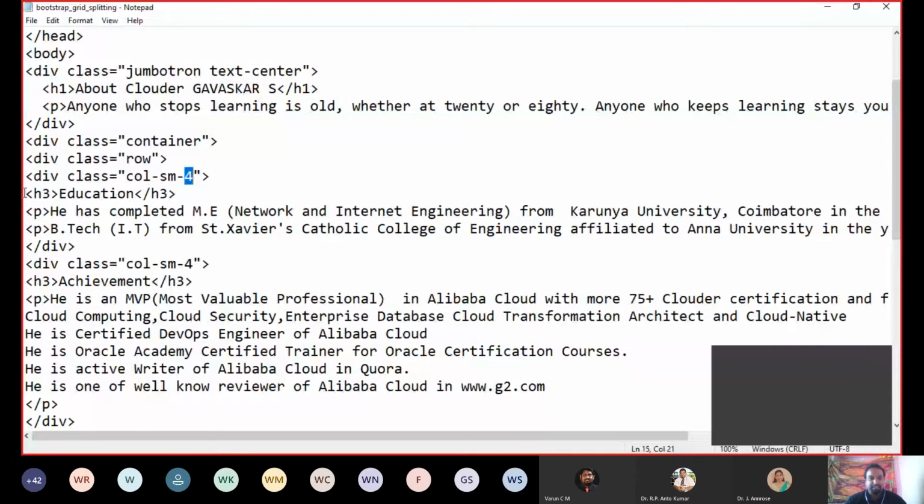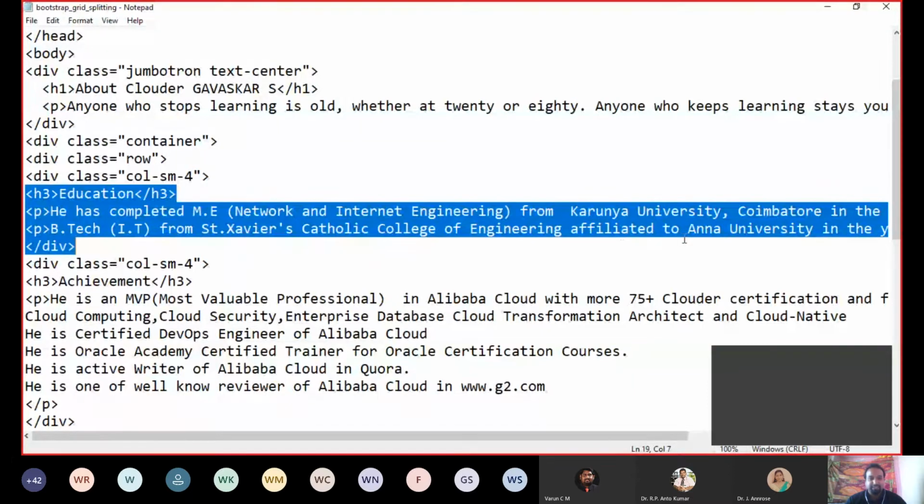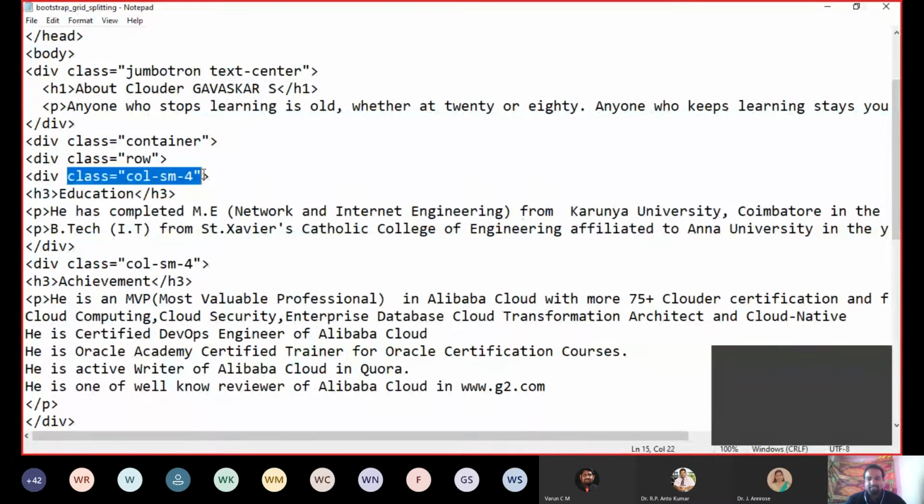Now I am adding the content over there. You can use any tag, p tag or h1, h2, h3 up to h6 fonts you can use. Or if you have bold, italic, those tags also you can use. Any content you can use here. But the only change is you have to provide the class CSS property correctly. Class col-sm-4. Now this is 4 columns. This content is going to occupy 4 columns. Now the first column is over.